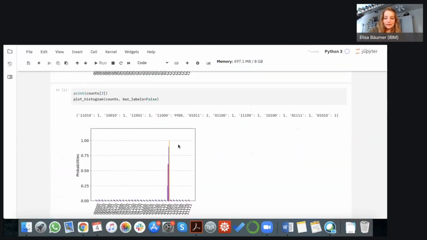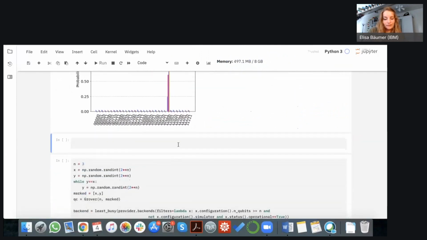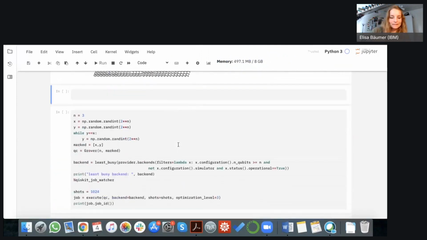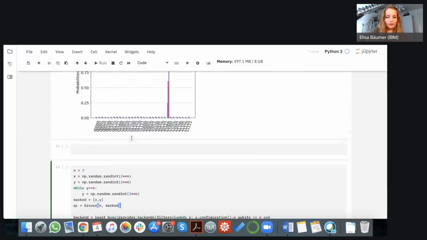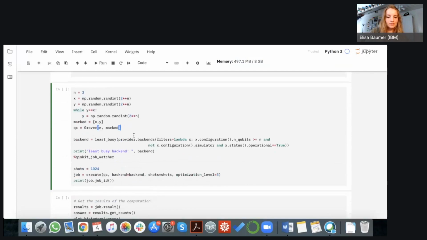But okay, now that we've run it on the simulator, let's see how it looks if we run it on an actual device, on the hardware. For that, I would choose only n equal to 3, because, well, the fewer qubits, the better the chances that we see something useful. Then I choose x and y to be 2 random integers, and here I'm just saying that they shouldn't be the same. I want two different integers, two different marked elements. So these are my marked elements that I put into Grover. So now we're actually not like before where we had only one element. Now we will have two elements.